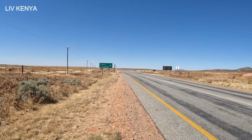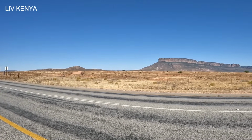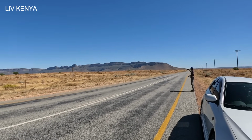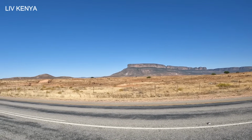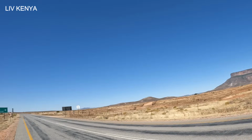We are heading towards Namibia border and we are passing through this desert. This desert, I think, is part of the Karoo desert. We watched some documentary about this place, and there are some water catchments here and there where the farmers use to actually just feed their cattle. There are some cattle, but most of them